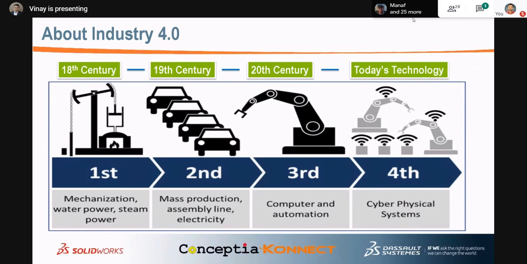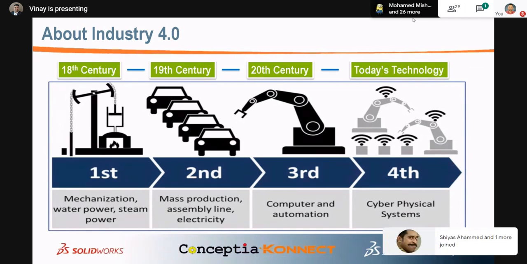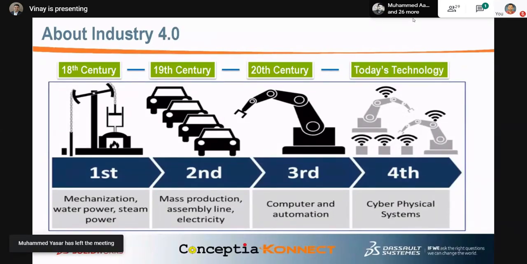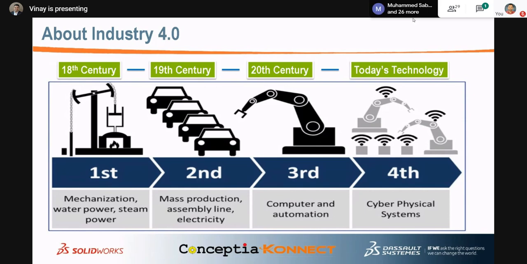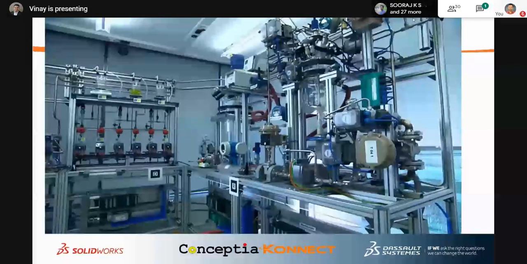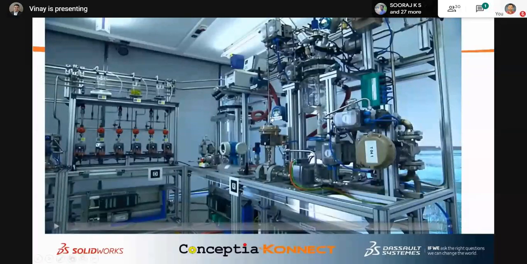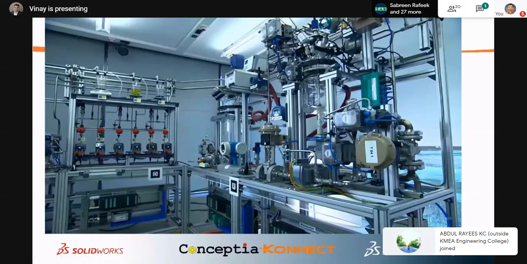Yes, you have to automate if you want to get more business or more profit. I cannot pay 3,000 or 4,000 employees and still manufacture at 10 rupees or 20 rupees. So I have to do the automation, but the technology you have to adopt. That's all. Don't stay in the old technology only. Adopt new technology and grow according to the technology. Okay, that is what Industry 4.0 tells you. So this is a small video. Please go through this video and have a look at what Industry 4.0 is.